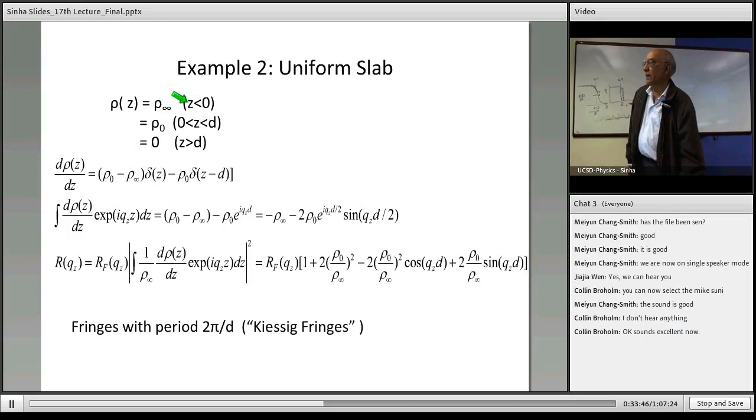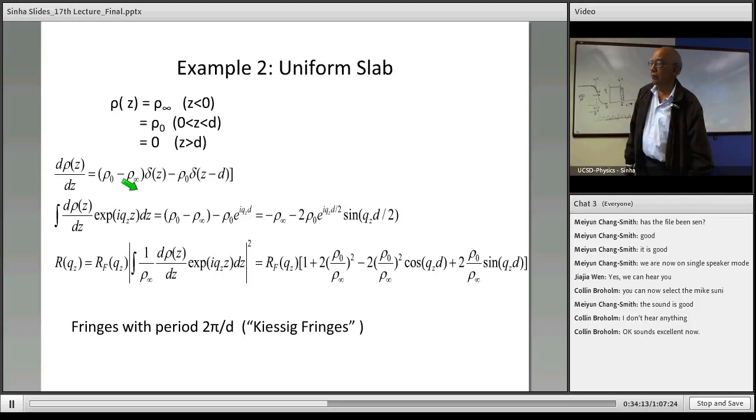You can see that if I have these sudden discontinuities at the interfaces, they give me delta functions in the derivative, and that can be written in this form: rho naught minus rho infinity delta z. If rho naught is smaller than rho infinity, as I've drawn it on the blackboard, in fact